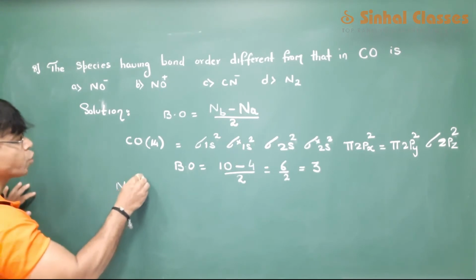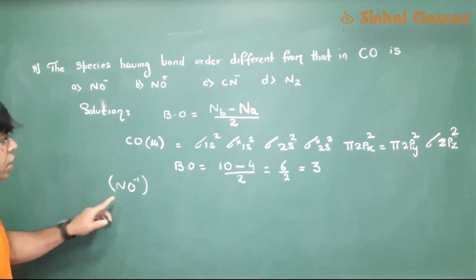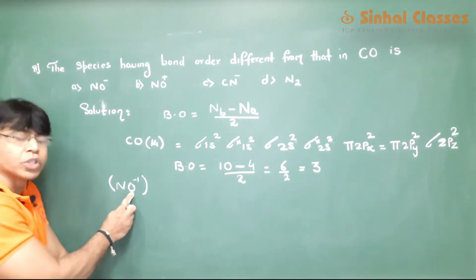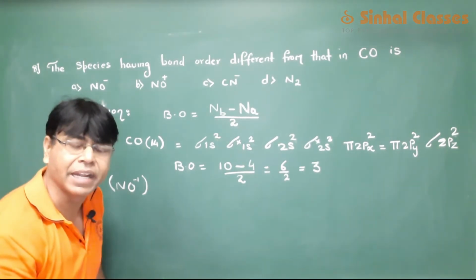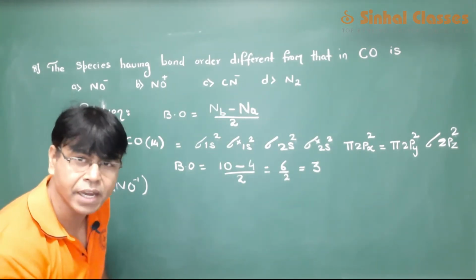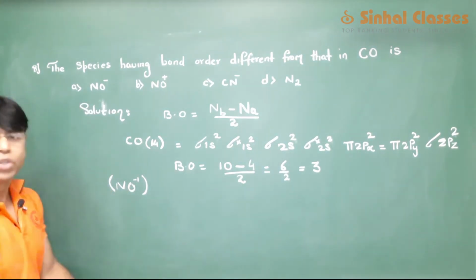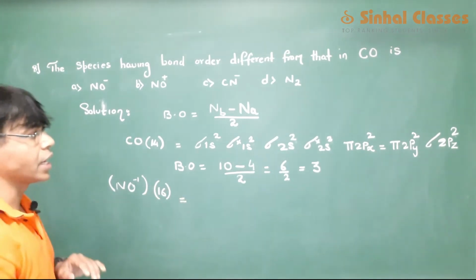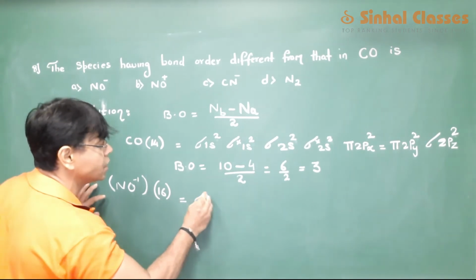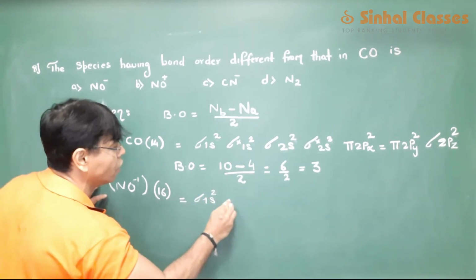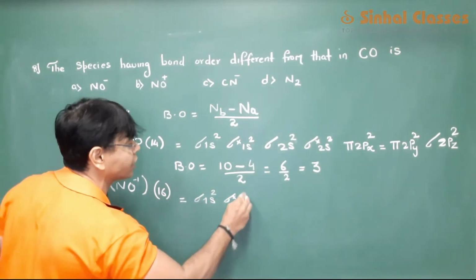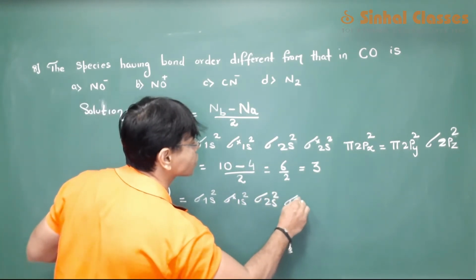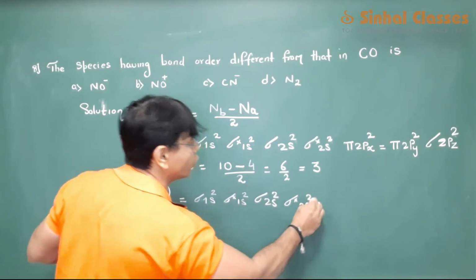NO minus 1. So total number of electrons in this will be 7 of nitrogen and 8 of oxygen. So 7 plus 8 makes 15, and minus 1 means it becomes 16 electrons. For 16, when you write the configuration, it will be sigma 1s2, sigma star 1s2, sigma 2s2, sigma star 2s2,